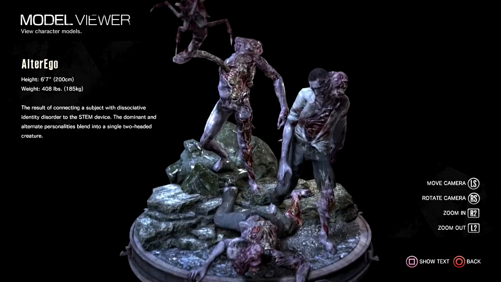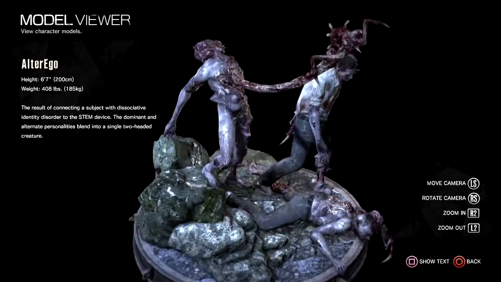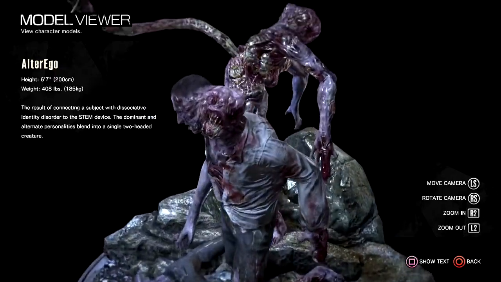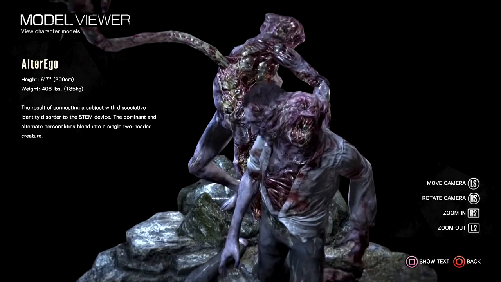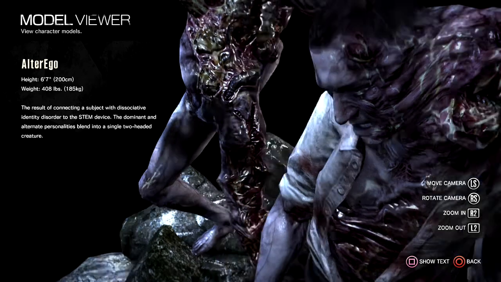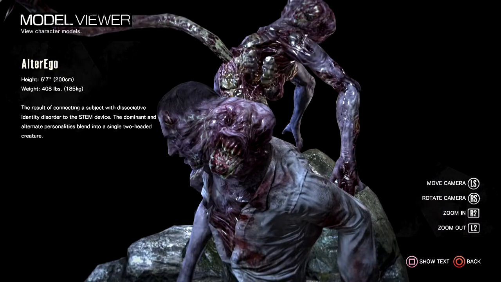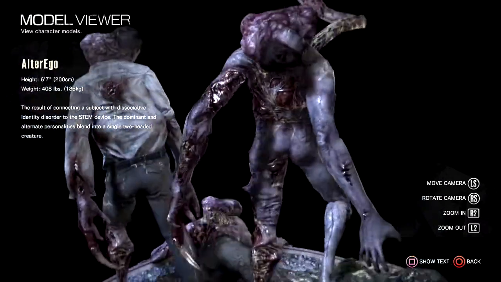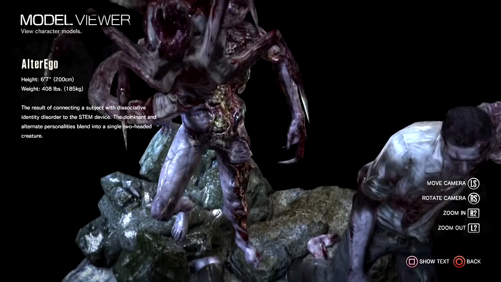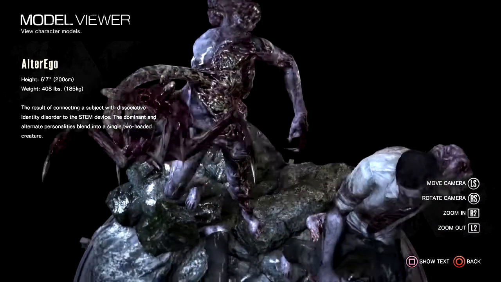The alter ego is the result of a connecting victim who specifically has DID, dissociative identity disorder. More or less, this creates multiple personalities from deep within. Theoretically, an alternative persona could take over the mental wheel. This would allow the alter ego to take the mantle as a host. The alter ego commonly appears as a man with two split heads, like two conjoined twins in the process. Babies can also exist as alter egos, which implies that the infants aren't safe from Ruvik's manipulation.